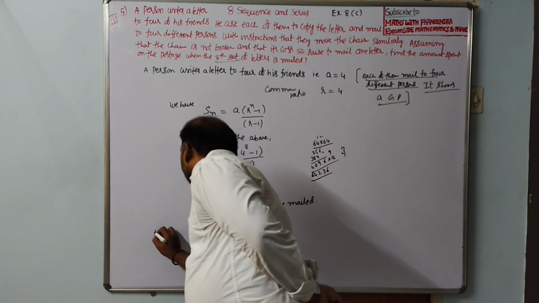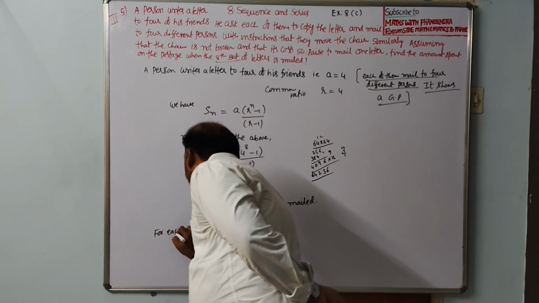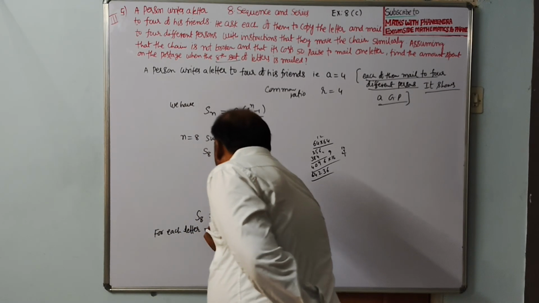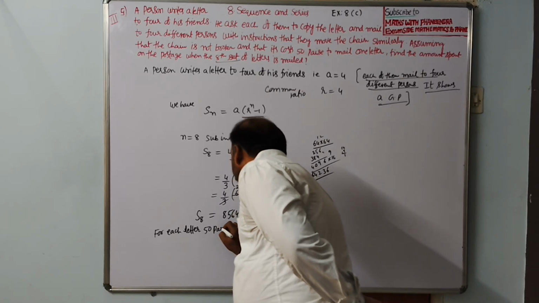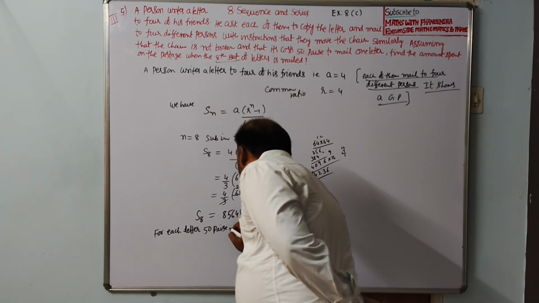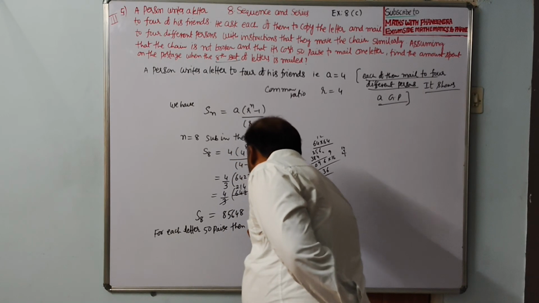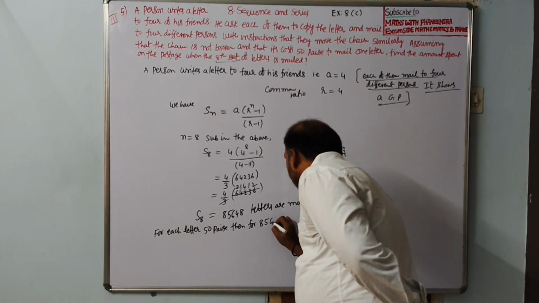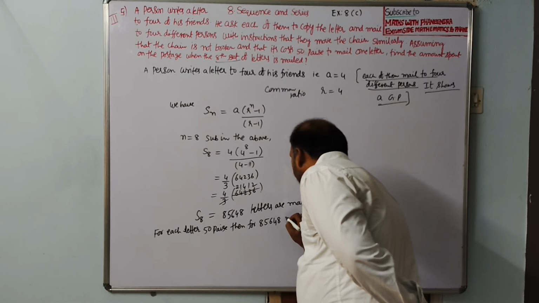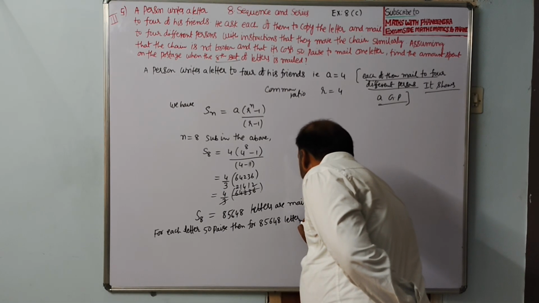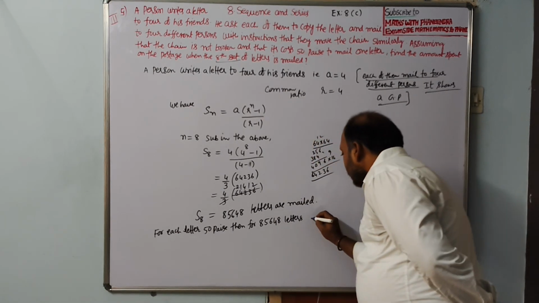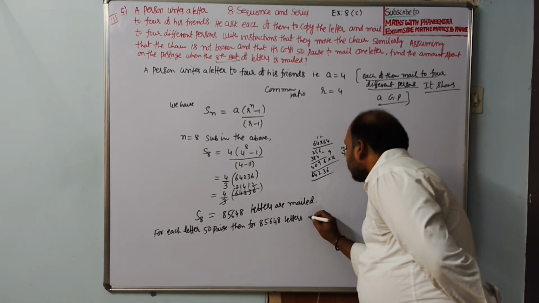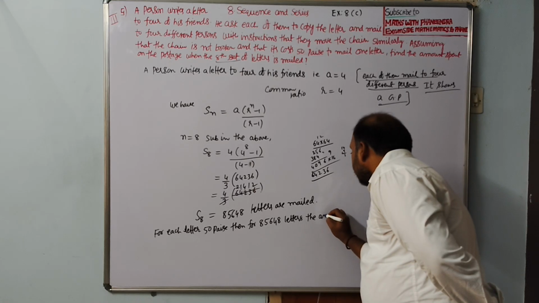So, for each letter 50 pies, then for 85,648 letters, the amount is